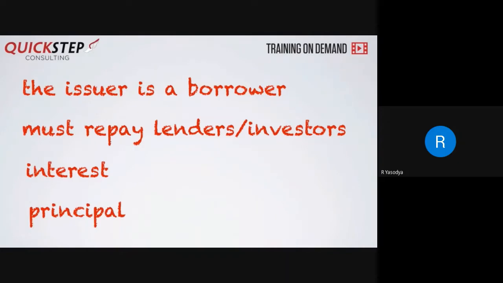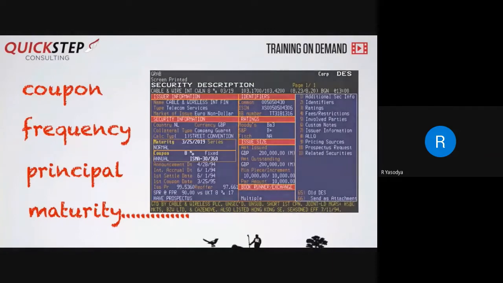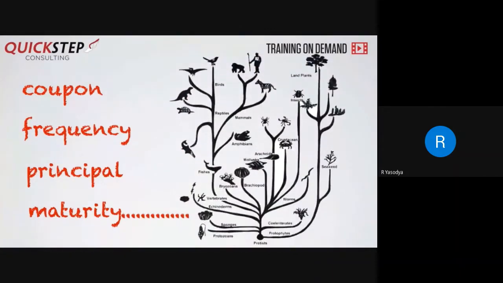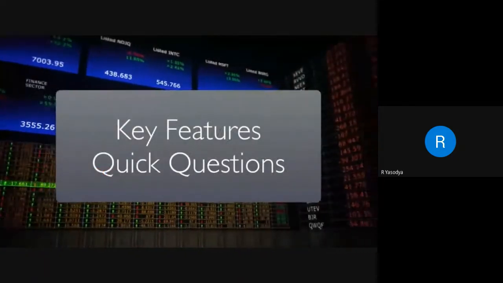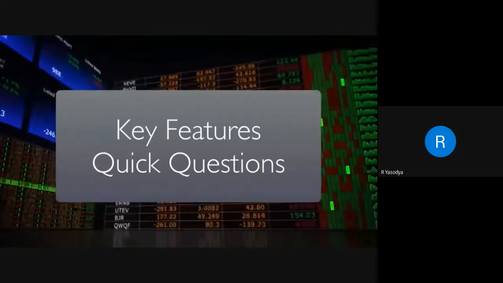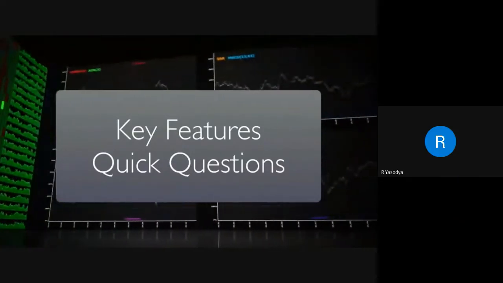Remember, the bond we've looked at here in Quick Train 1 highlights some basic bond features. But there are many variations on what we've seen here. Some of the variations are considered in later quick trains. Quick questions. Click on pause to give yourself time to answer. Identify the term being described.